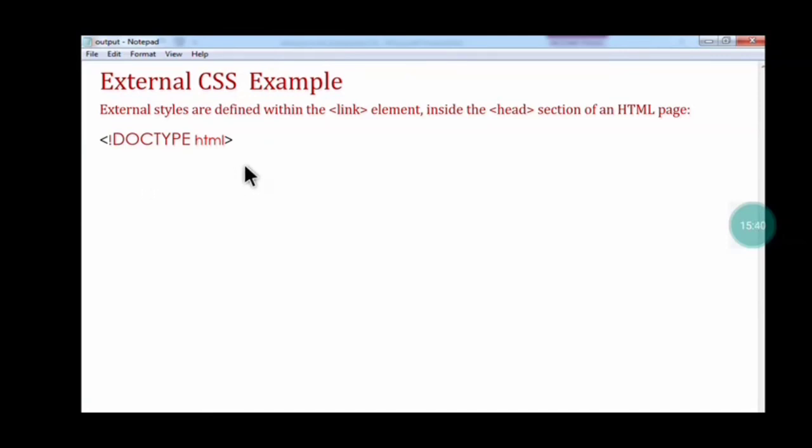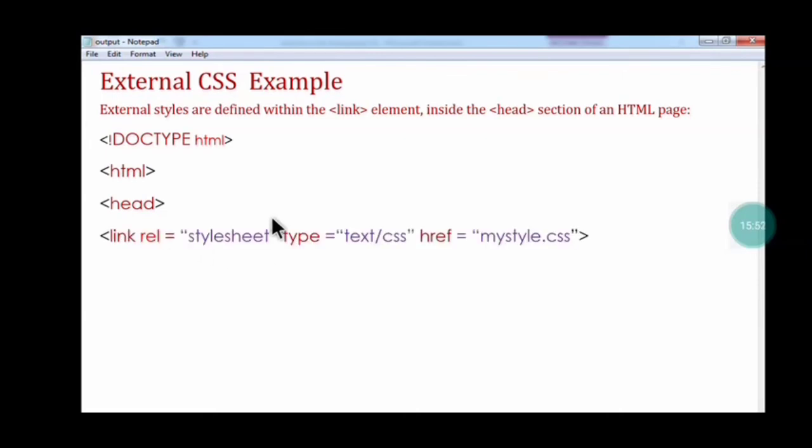Doctype HTML is the first tag you type in the program. Second, html. Third, head. After head, you use the link tag with the rel attribute equals stylesheet, because you want to create an external style.